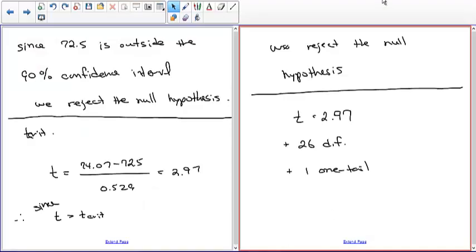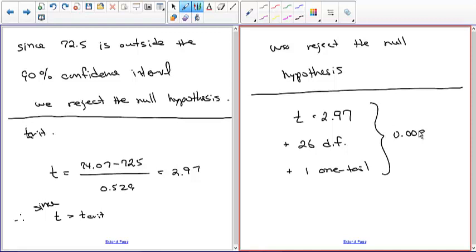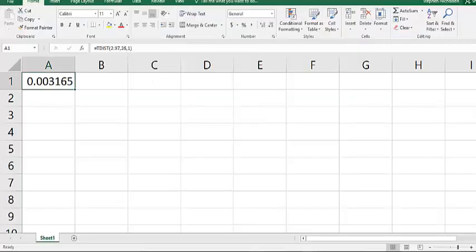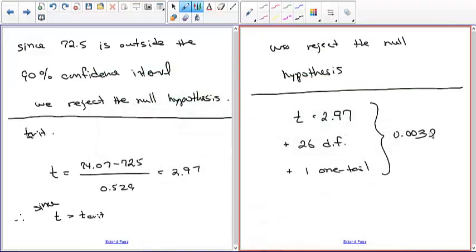Okay, so that's the p value, and since 0.0032 is less than the level of significance, which is 0.05,